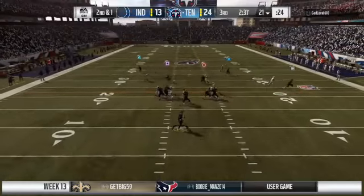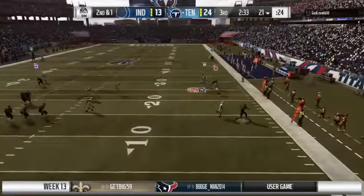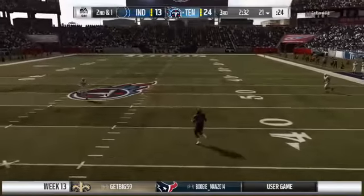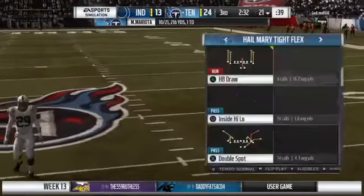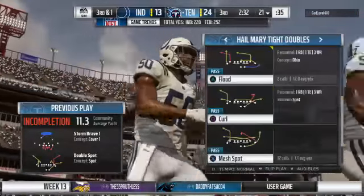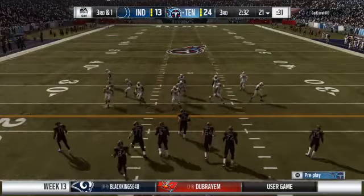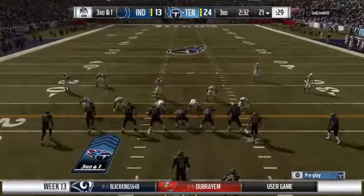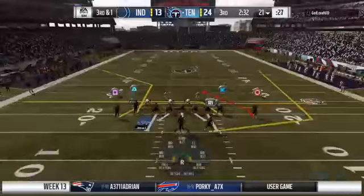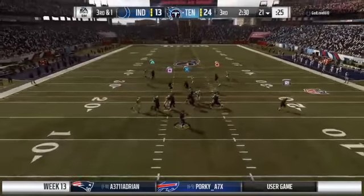Mariota now on 2nd down. Flushed out right. And that'll be incomplete. All right, that one fell incomplete there, but the best quarterbacks, they'll miss on 40% of their throws, somewhere in that neighborhood, similar to a great hitter in baseball who's going to fail 7 out of 10 times and still have a great year. In this case, you want perfection, but way better that it hits the ground instead of going to an opposite